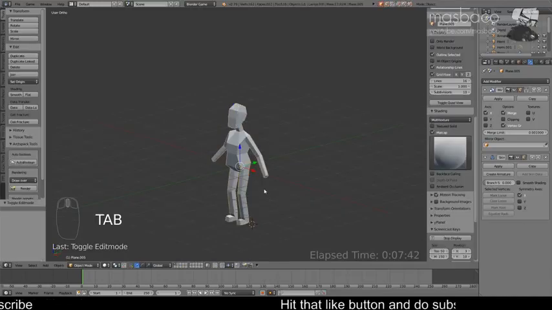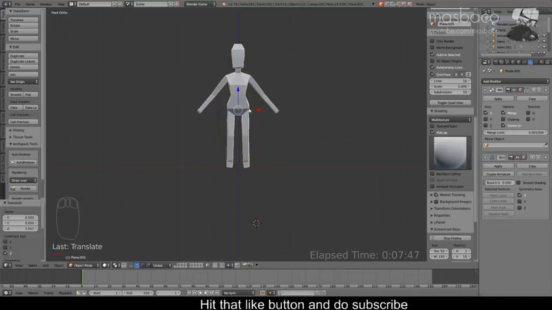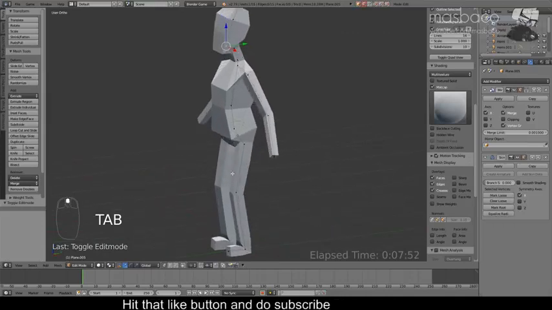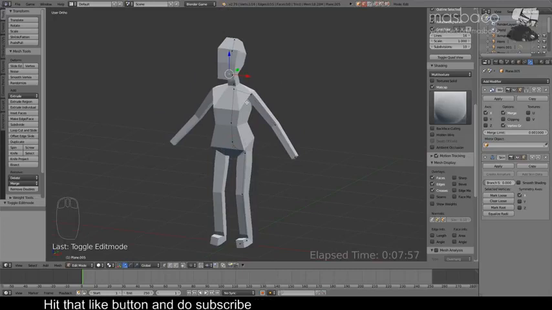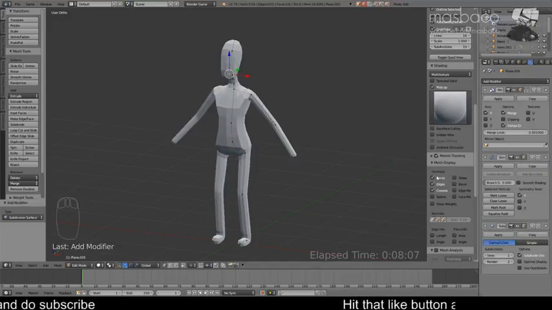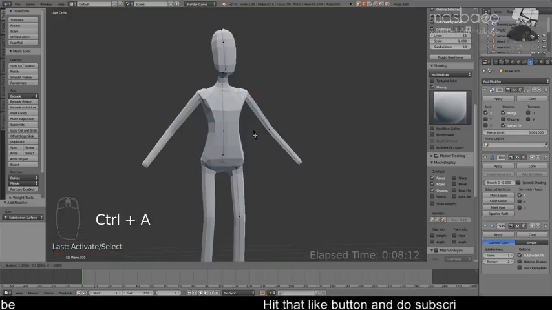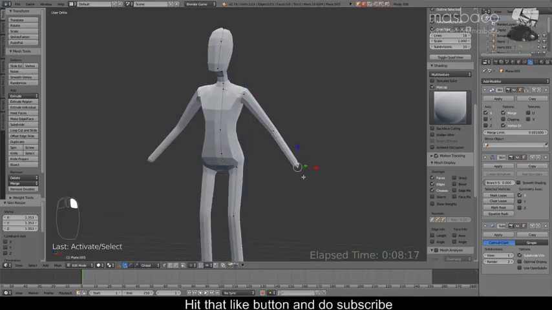Hit Tab to exit the edit mode and go to the front view and position this something like so, and hit Tab again to enter the edit mode. Now from here you can add more polygons by simply adding a subdivision surface modifier, something like that. Then refine this a little bit more by scaling this up probably, a little bit,